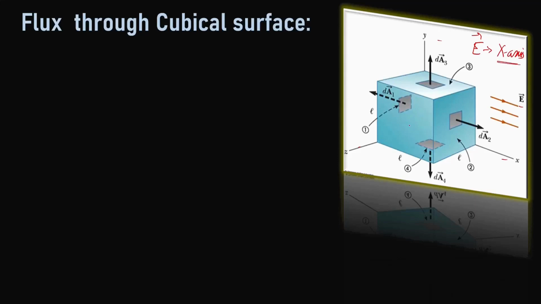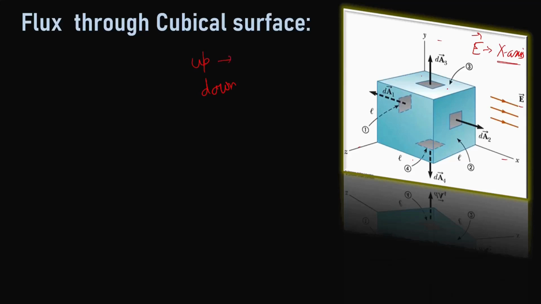Now the entire cube can be assumed to be comprised of 6 faces. So here we will divide the entire cube into 6 faces. First we will take 2 faces: the upper face and the down face. So first we will look at the upper face, and another one is the down face.